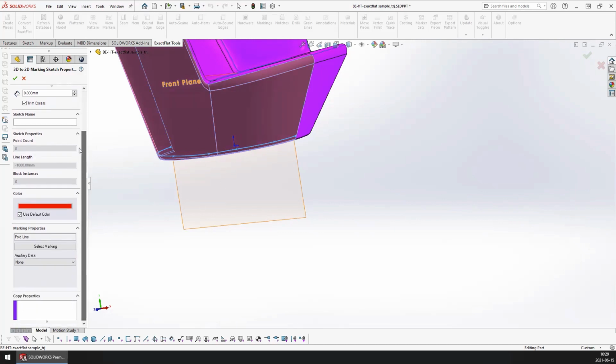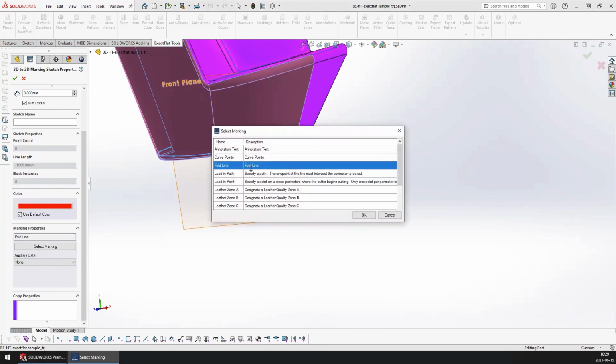And then just like with hardware, we can give this a name if we want. And if we scroll down, we have our marking properties. So we're going to select marking, and we're just going to pick our fold line here. We'll keep it at fold line, but we can pick whichever marking type we want. In most cases,